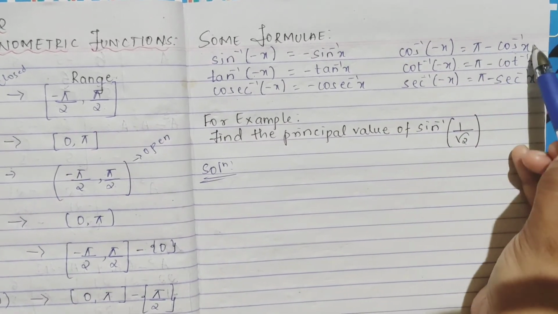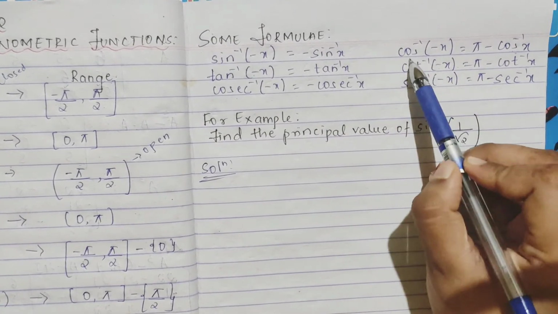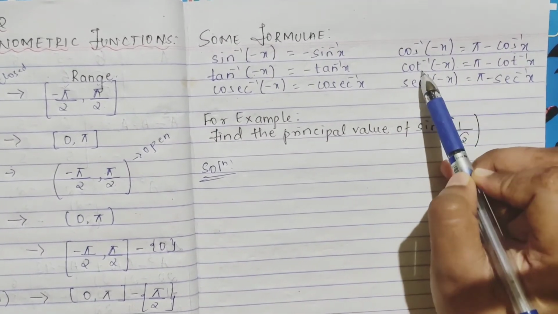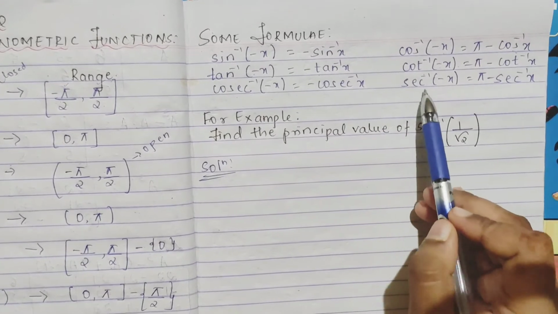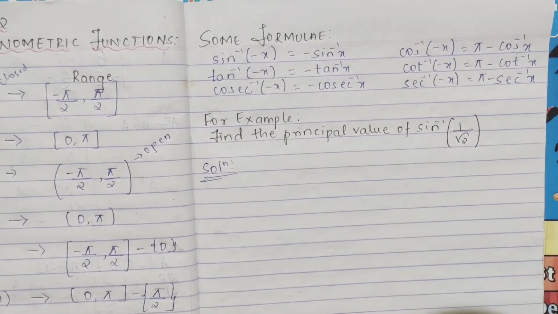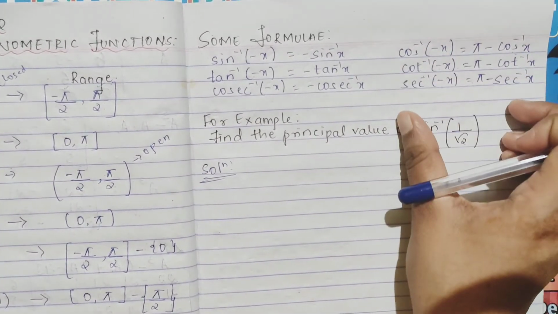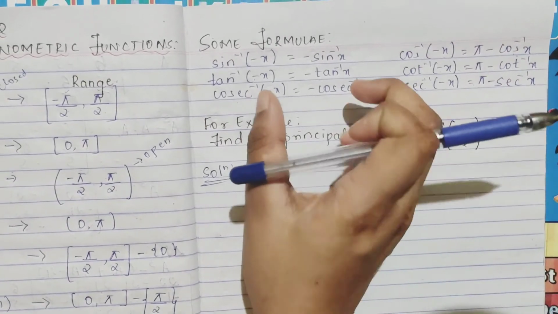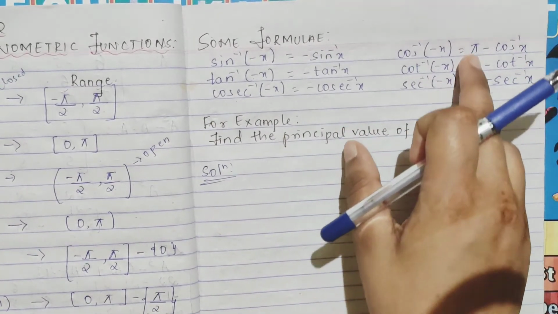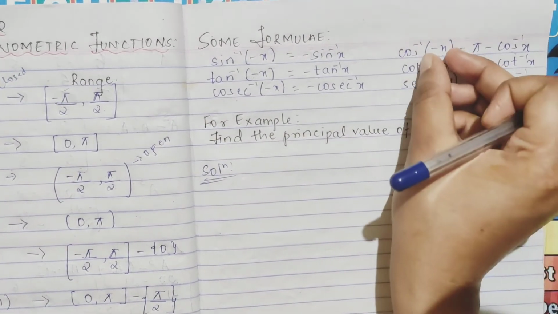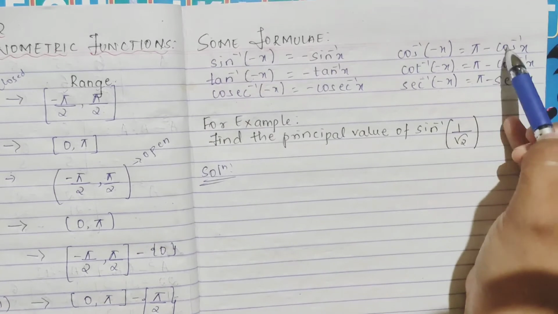Absorbed minus sign means here the value just changes, here they are adding it. Pi minus cos inverse x, they are telling cos inverse of minus x is pi minus cos inverse x, cot inverse of minus x is pi minus cot inverse x, sec inverse of minus x is pi minus sec inverse x, okay. Here for these three trigonometric functions, you can tell they have absorbed the minus sign, and for the other three they have omitted it. They have kept it outside, they have taken it along with them, they have added pi. So here the value changes, whatever angle you get, its value automatically changes, because here again you have to add pi and subtract from that, okay.